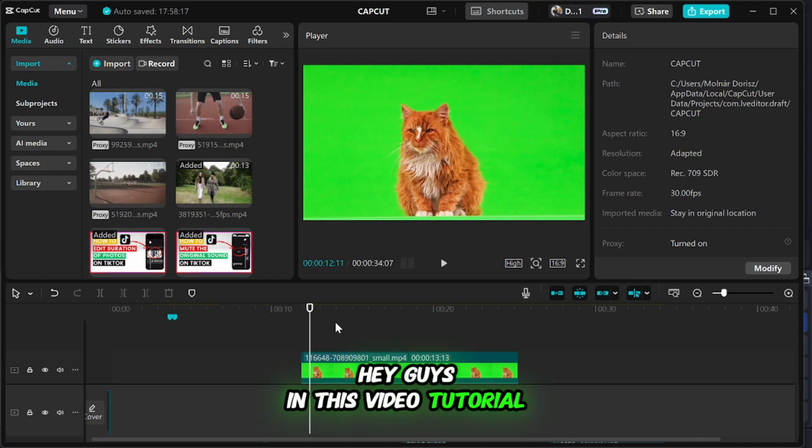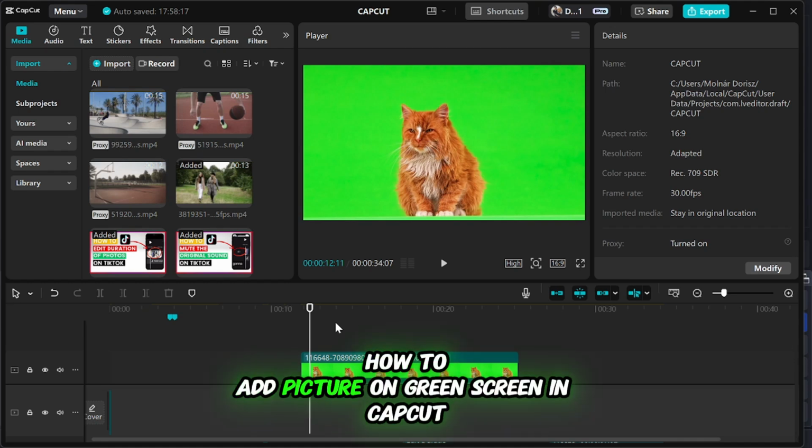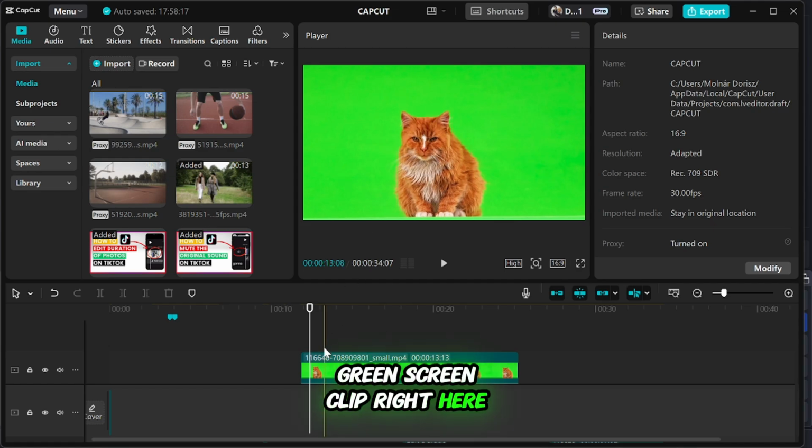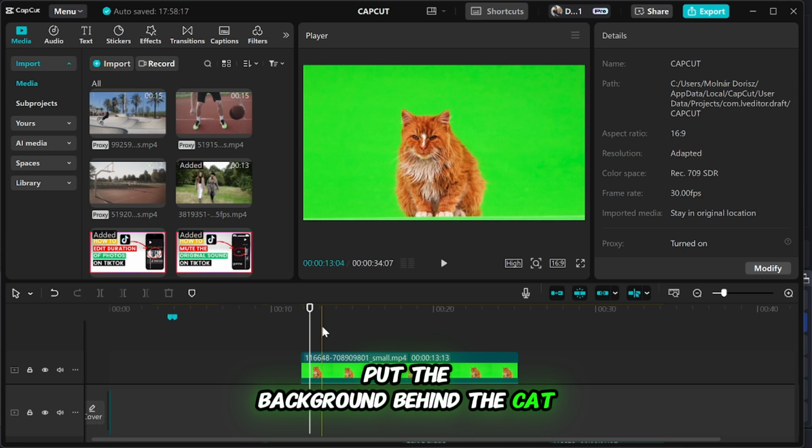Hey guys, in this video tutorial I'm going to show you how to add picture on green screen in Capcut. So first we have this green screen clip right here and we would like to put the background behind the cat. So what we need to do to be able to do that, you just click on the green screen